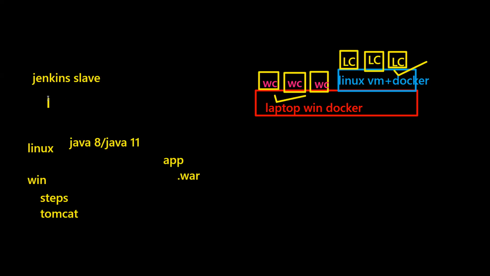Correct? Tomorrow another slave came up, Jenkins slave 2. Again, we need to talk to the developers. Let's say slave 2 is Ubuntu. We have to check which version of Java I need to put in Ubuntu, or else which version of Ubuntu we should have as Jenkins slave 2, correct? Sometimes developers will participate in the build process, so they should know which version should be installed. So finally, they should check the compatible version and install it all through, correct?